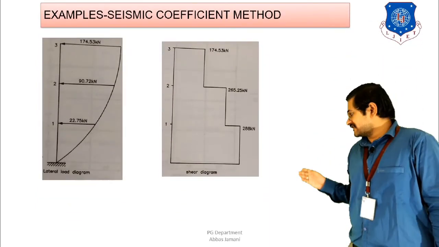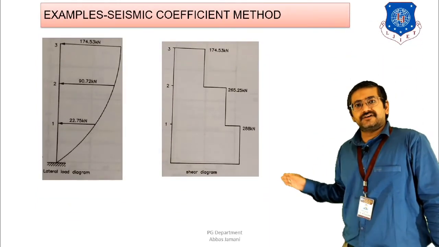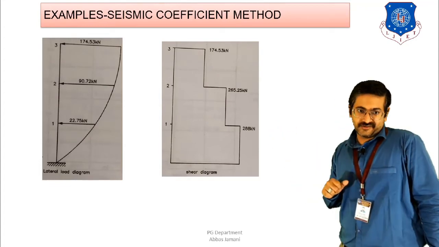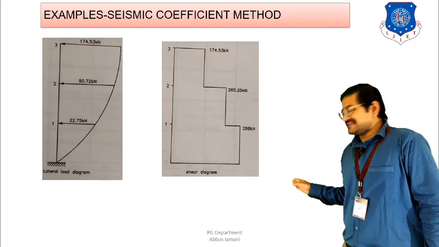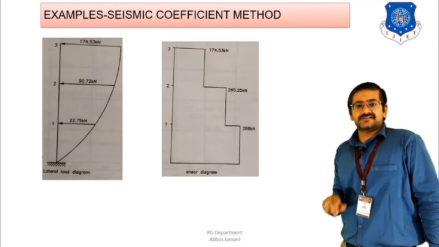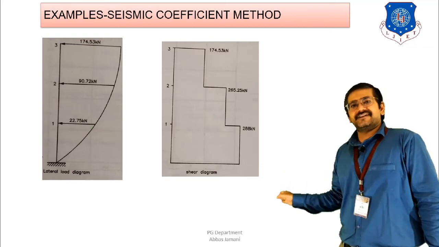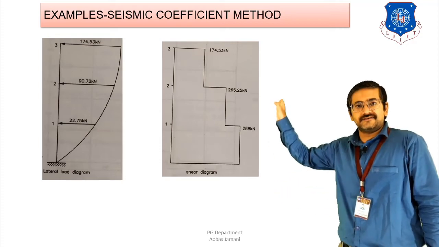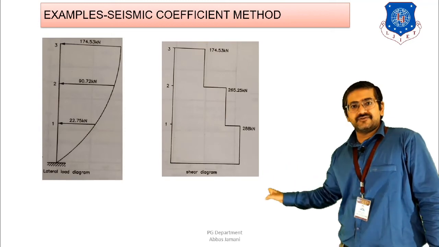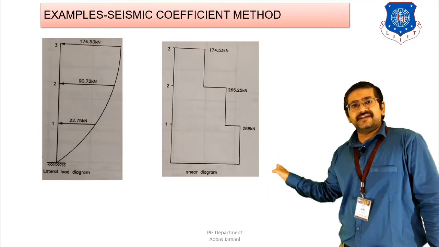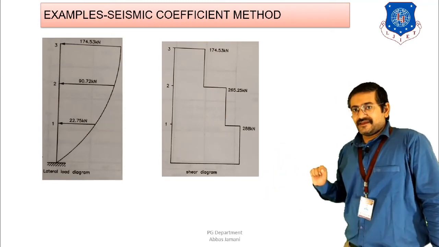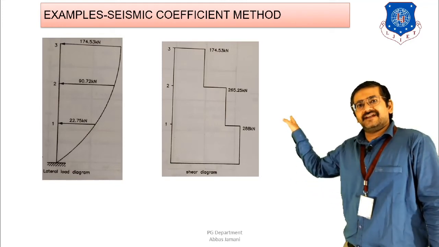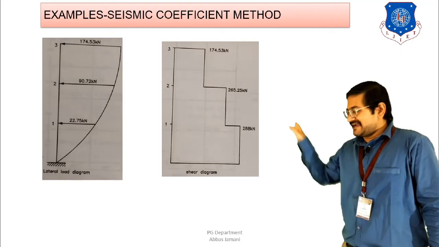And finally, we draw the figures for the lateral load distribution along the height of the building and also the vertical distribution of base shear along the height of the building. You can see that both are inverse to each other. In the lateral load diagram, the maximum lateral load is applied at the top floor level, and as you go downwards towards the ground level, the lateral load decreases. In the base shear diagram, the value of Vi at the top floor level is the least and it is maximum at the ground level.